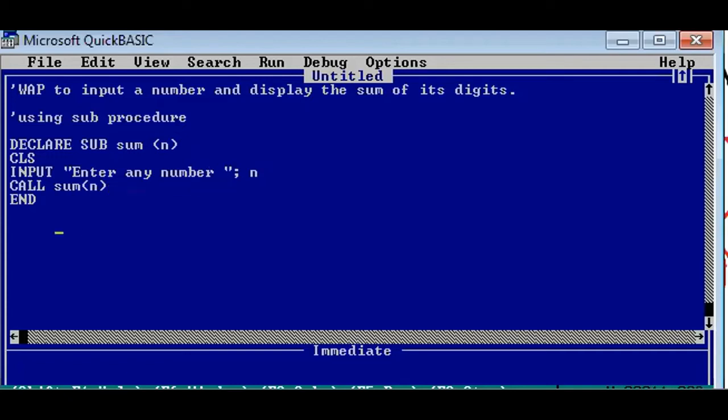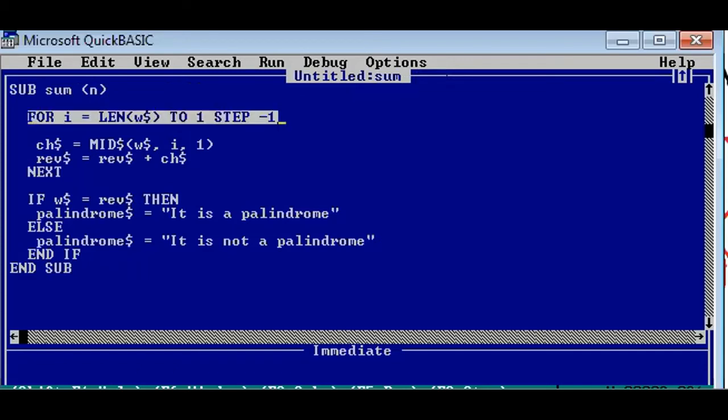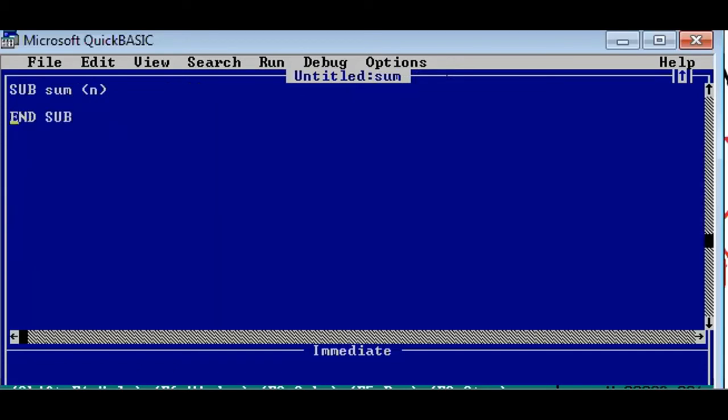Okay, now let's go towards our definition part. So sum, and here we have n. Okay, अब यो फर लुप चाहिँदैन हामीलाई, यहाँ भएको केही पनि चाहिँदैन, एन्डिफसम्म केही पनि चाहिँदैन।